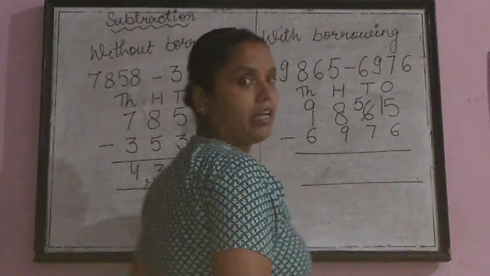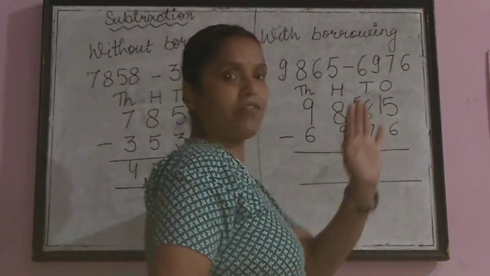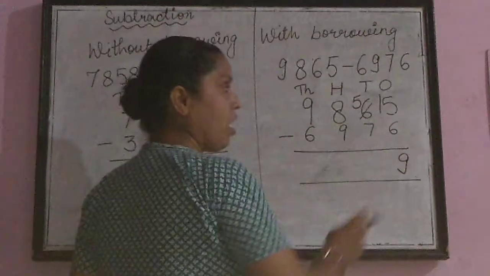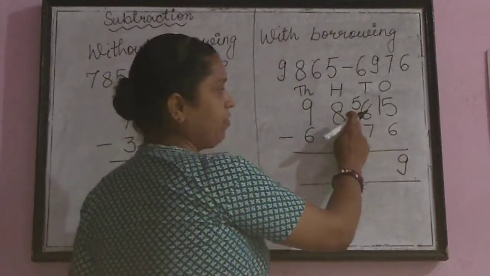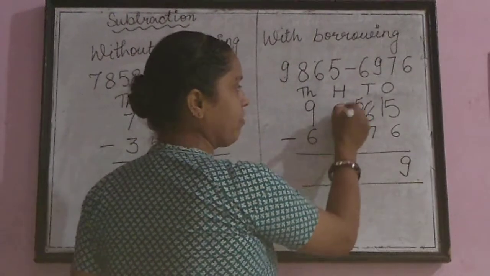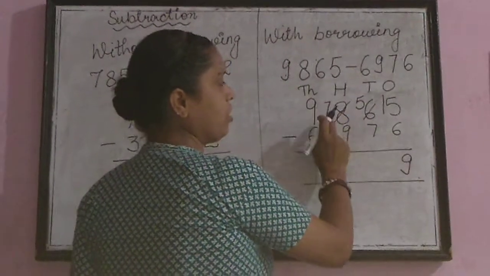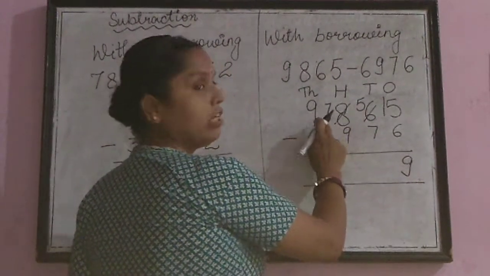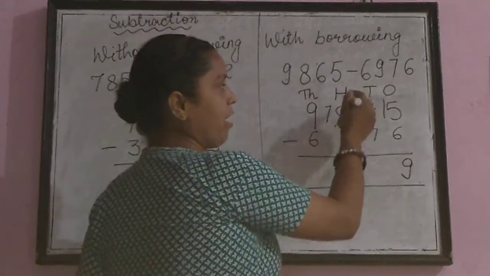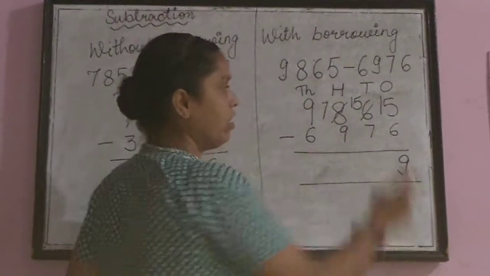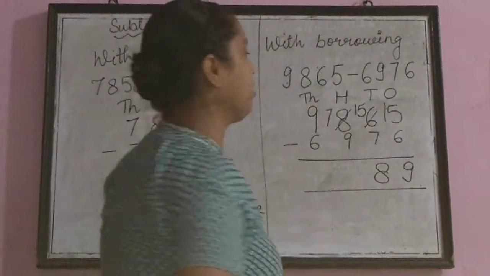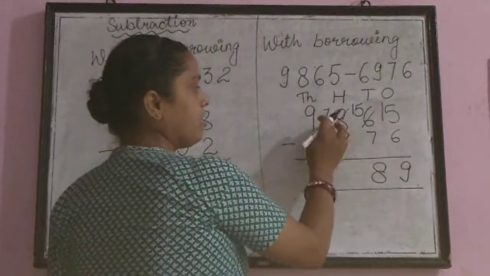15 minus 6, again you count 15 boxes on your fingers and then write down. 15 minus 6 is 9. Again check this digit 5. 5 minus 7, you cannot do. Again this 5 will take a borrow from the neighbor digit. When it is taking the borrow, it gives 1. Don't forget to write down 7 here as it is giving 1 to this. So it becomes 15. 15 minus 7, again you do on your finger houses. You will get 8.